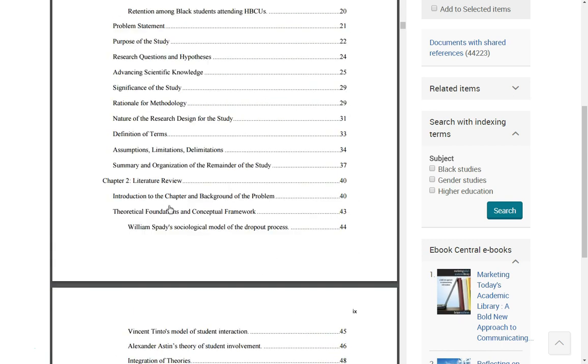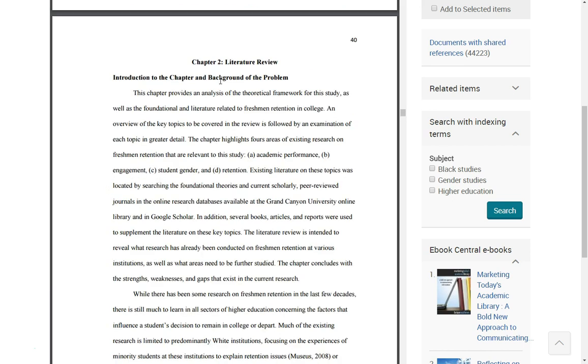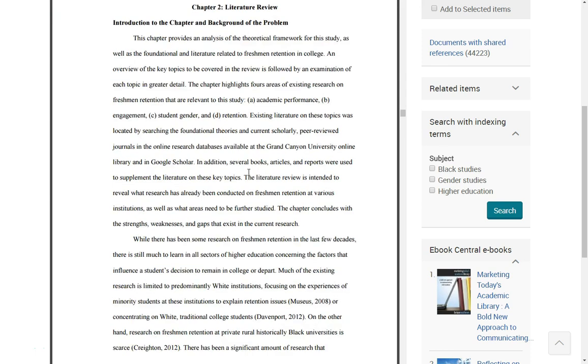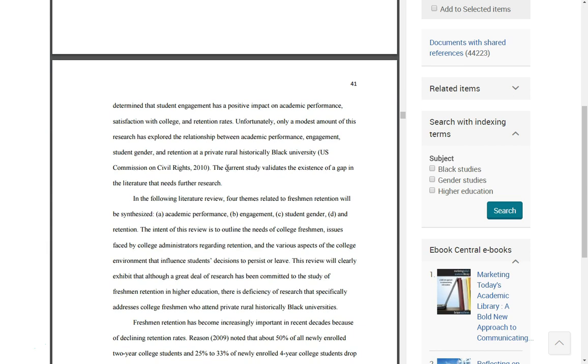If this article is looking at a lot of the same topics that I am for my research topic, if it's looking at retention, if it's looking at minority students, if it's looking at academic libraries, any of those things, then I want to come down here to the literature review and look at what sources they used. So I'm going to click on literature review, and you can see that that jumped to Chapter 2 literature review. And then here I would start reading, and so I can see here